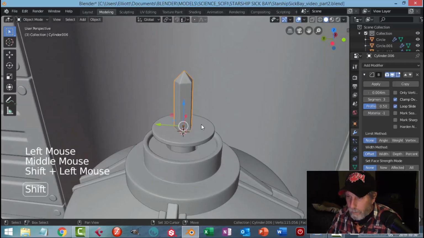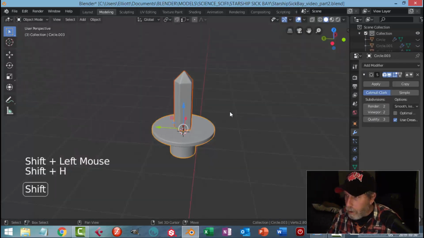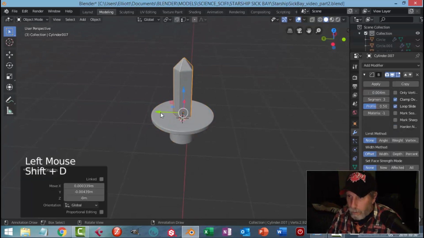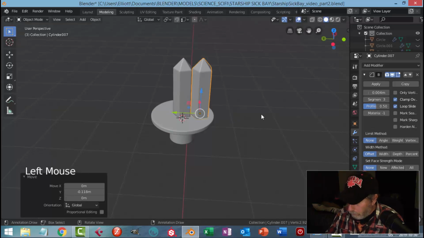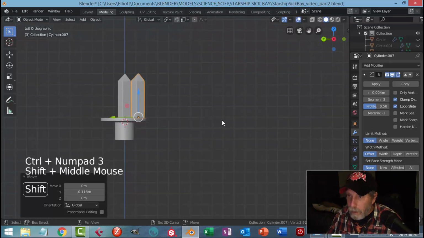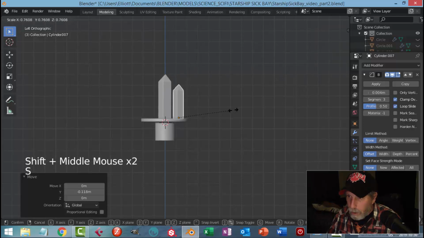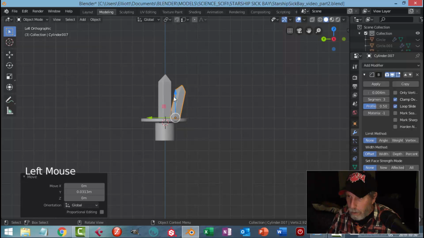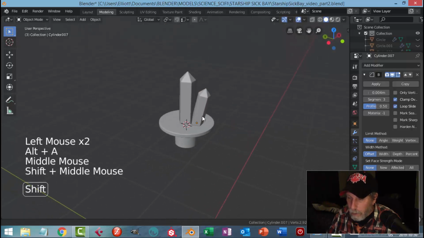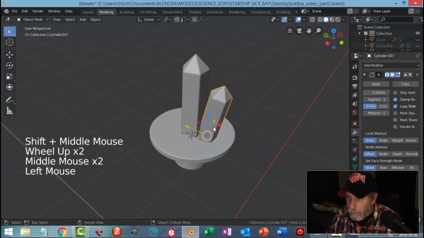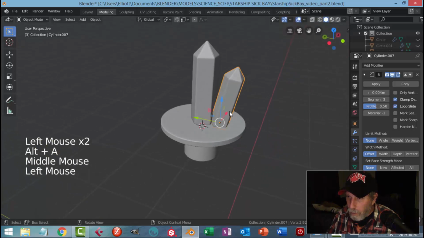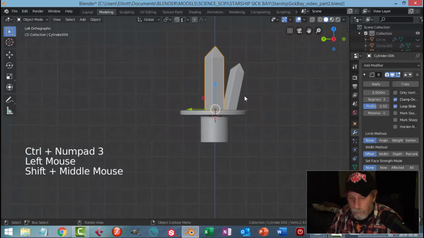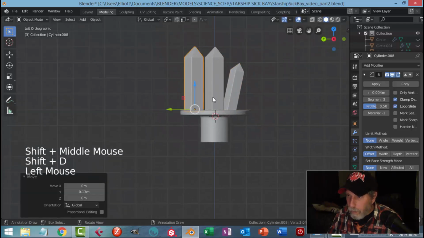Let's take these and focus on them. Shift D, I'm going to copy it over. And look from here. I'm going to scale it. I'm going to rotate. Push it in and down into the stand. That's okay with me. I don't care if they touch each other either. Okay, I'll do another one. Shift D, scale,